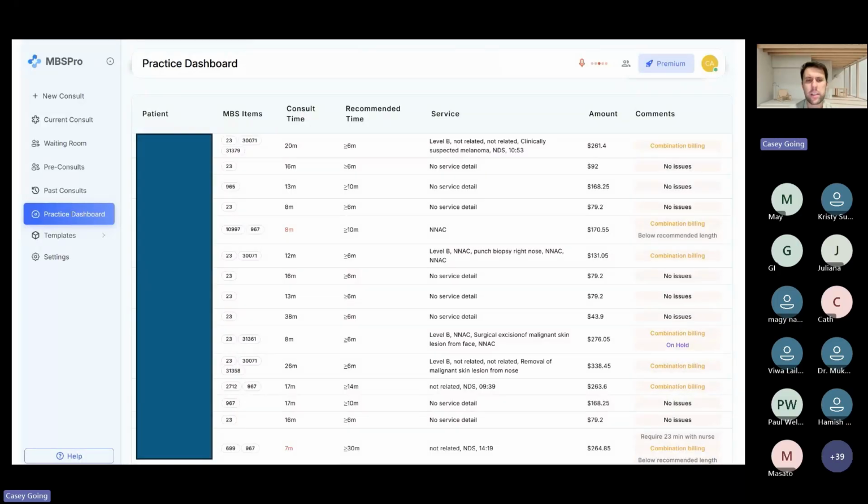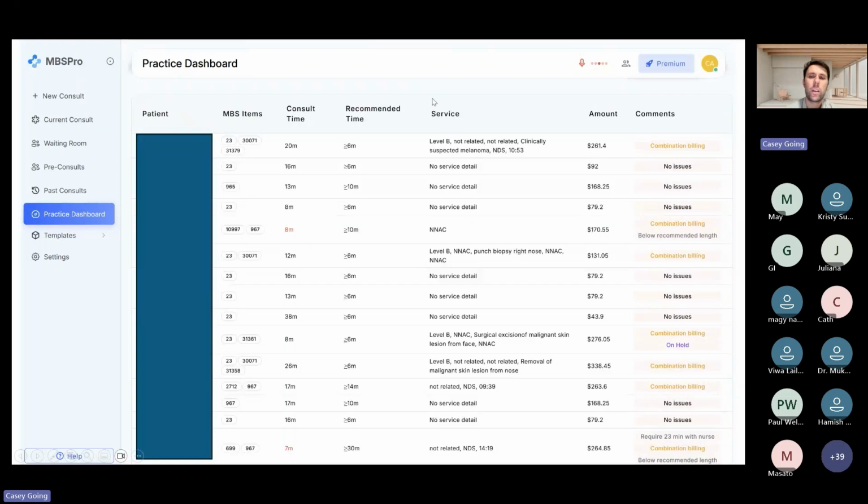It's worth like $80. Similar to the menopause one, but menopause is worth $100. That's a 695, but same sort of concept, some nurse time. So what we're trying to do here is just make it a bit easier to suggest why certain things would be done. The other thing that we're adding or have here under this service, this is what your receptionist will